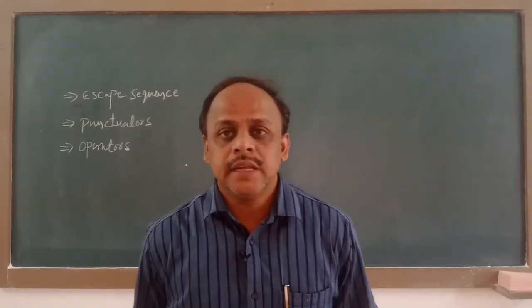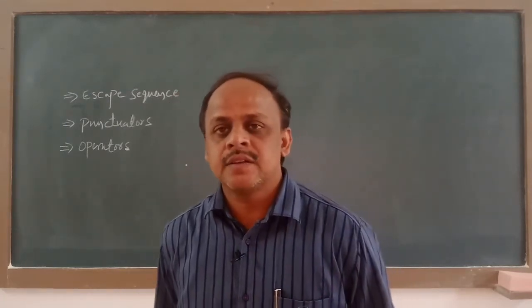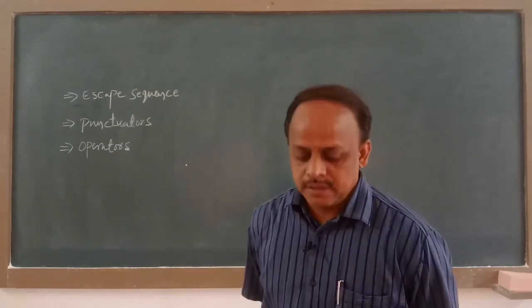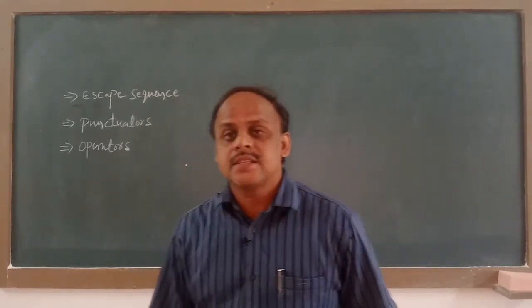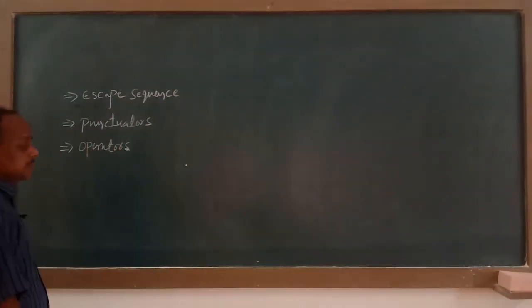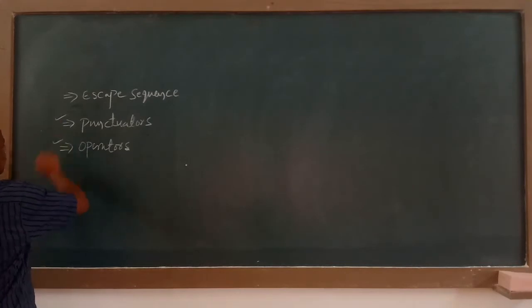In constants we have integer constant, float constant, character constant and string constant. Now, today we are going to discuss the next tokens, that is punctuators and